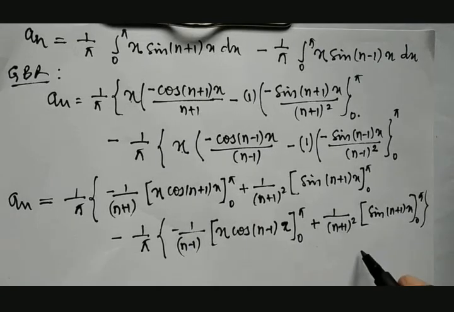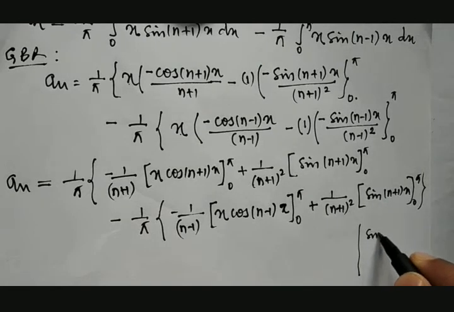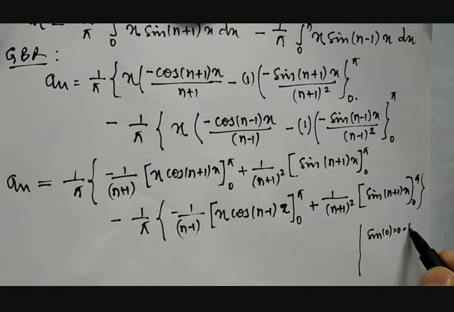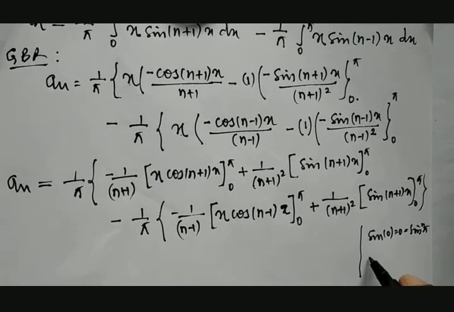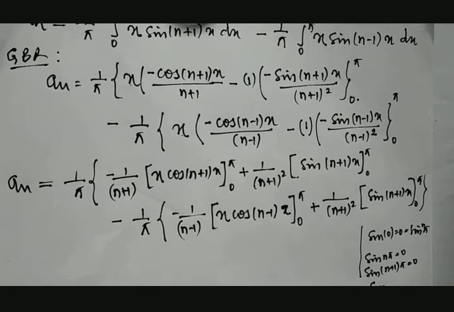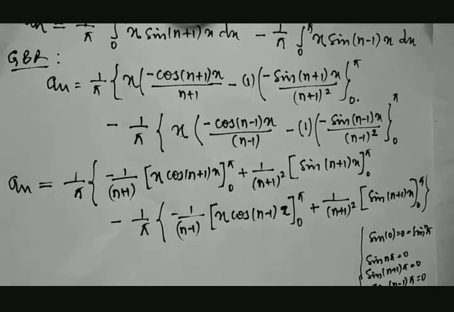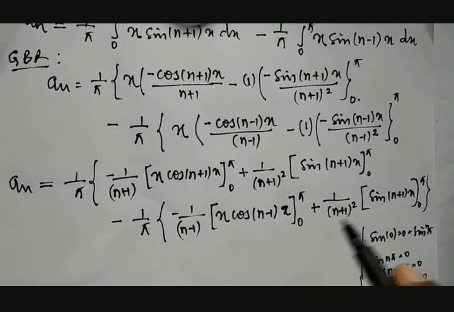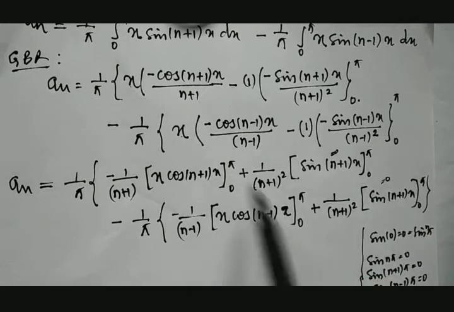One thing I would like to add here, which is again a basic result. We know that sine 0 is equal to 0, which is equal to sine pi, sine n pi. Fine. When sine n pi is equal to 0, then automatically sine of (n plus 1) pi will also be 0. Similarly, sine of (n minus 1) pi will also be 0. This is the hint we can see here. Fine. Therefore, wherever there is a sine term, it becomes 0 due to upper and lower limits.